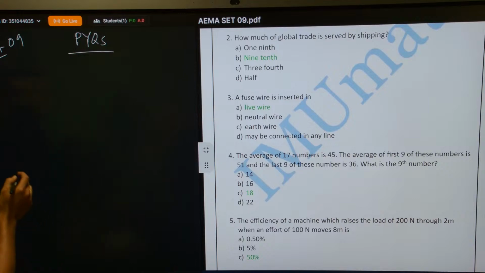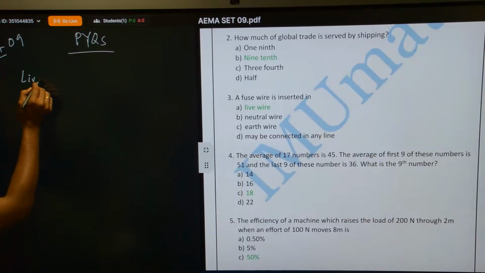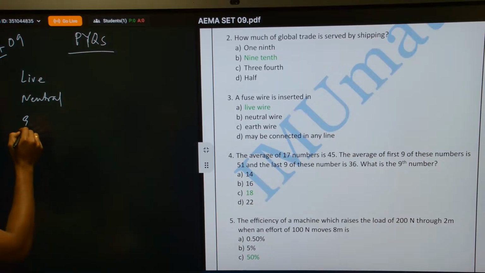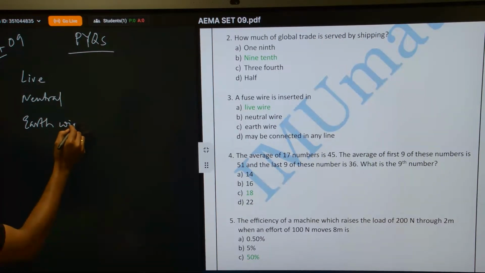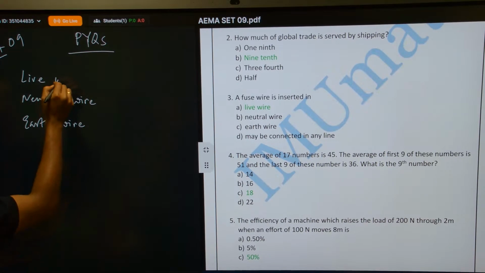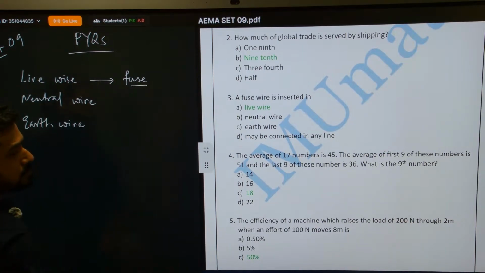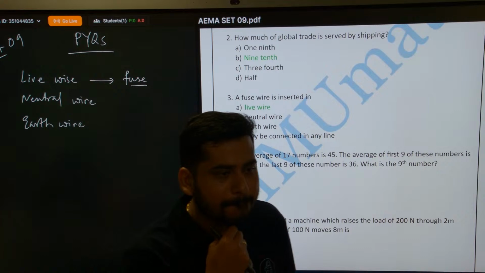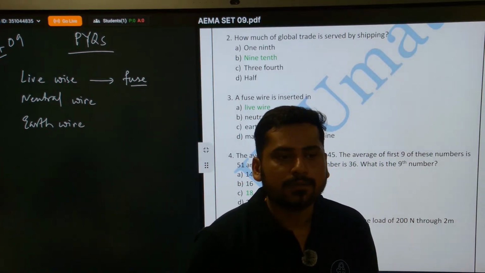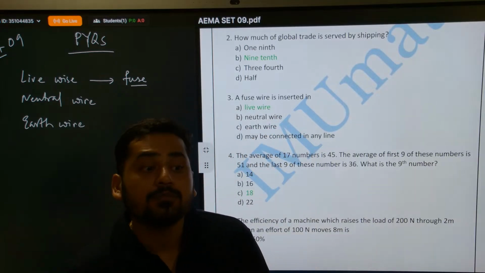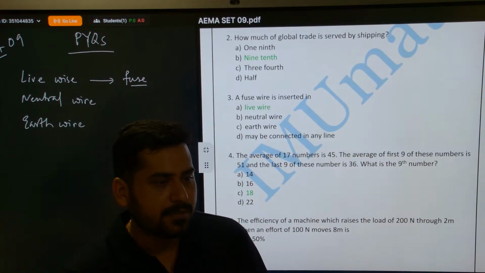Now come. There are 3 types of wire: live wire, neutral wire, and earth wire. So there are 3 wires usually used for wiring of our house. So the fuse wire is always connected in the live wire. Why? The fuse is a safety measure. When high current passes through a wire, if somehow more than the required current comes, the fuse